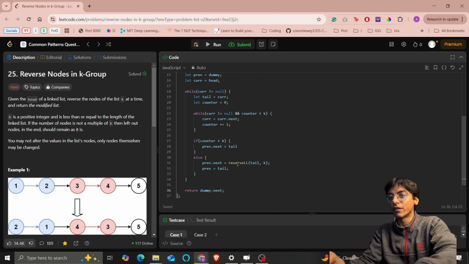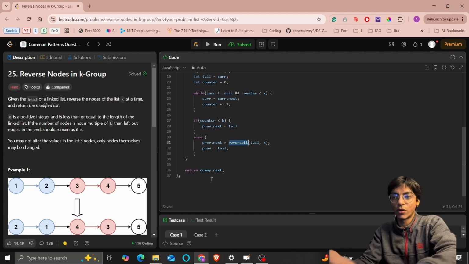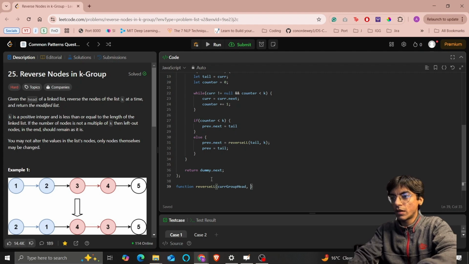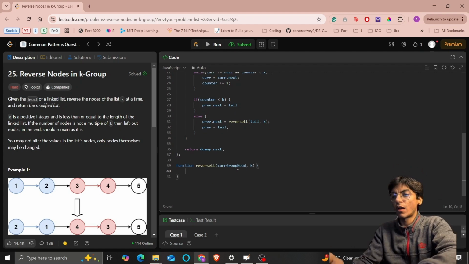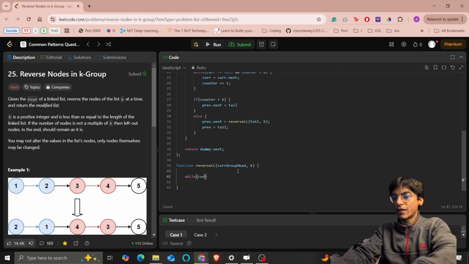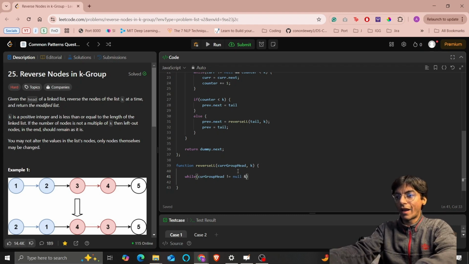But there's one thing left here, that is to reverse the actual linked list. That is what the question requires of us. So I will start off with a function, give it the head of the current group and the value k. All right. To reverse this, we will use a while loop and write down the conditions that our current group head should not be equal to null, and